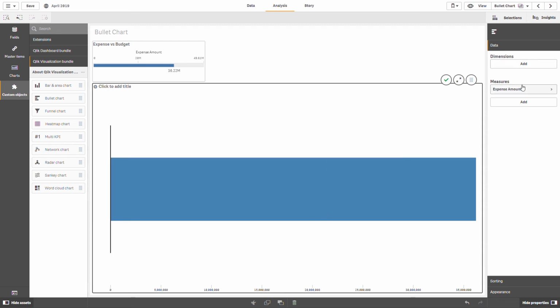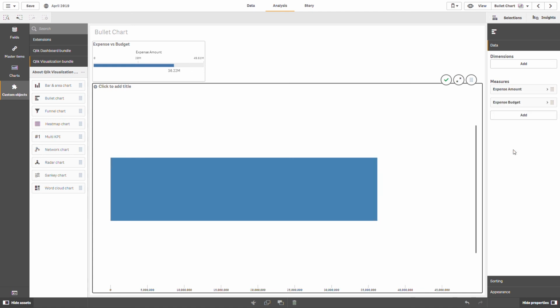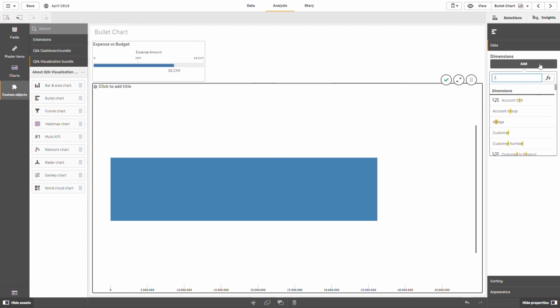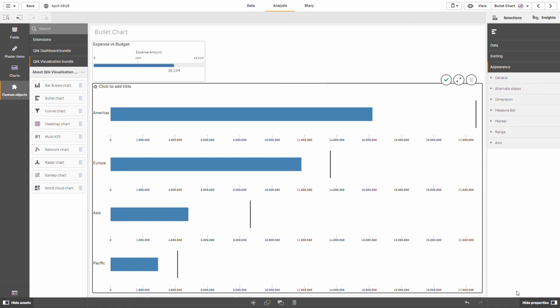And I can also add another measure for my target, which will be my expense budget. And I would like to visualize this by region. So I have an option to add region as my dimension. And I can also customize this